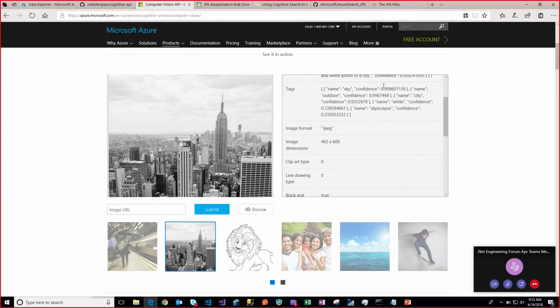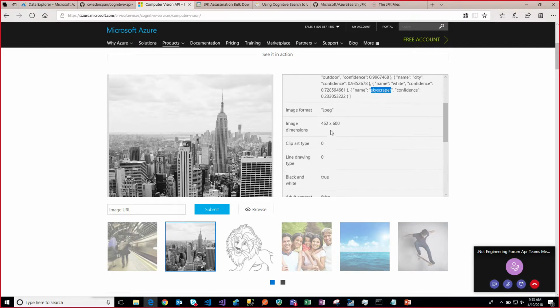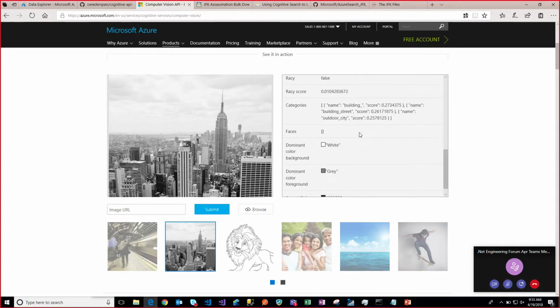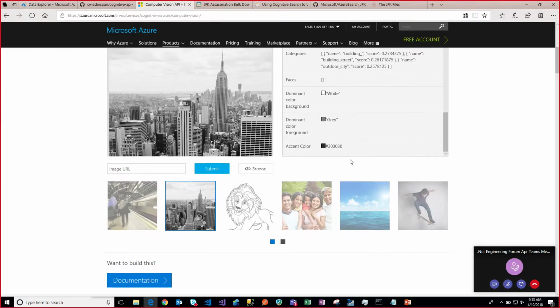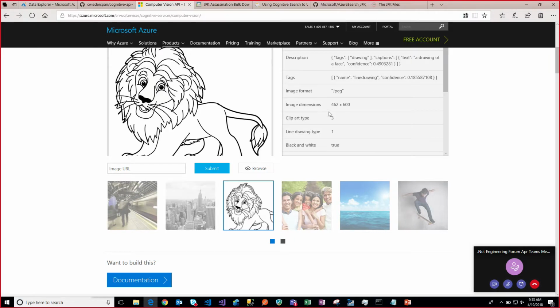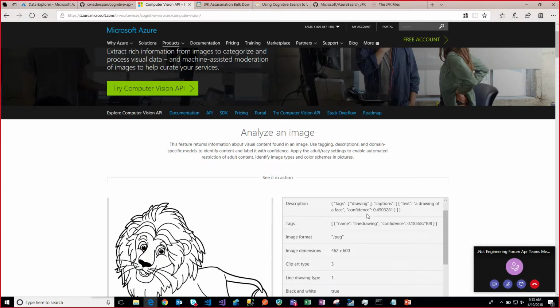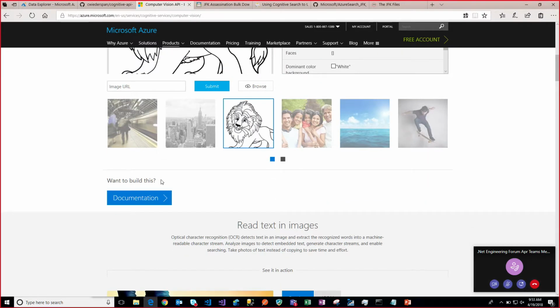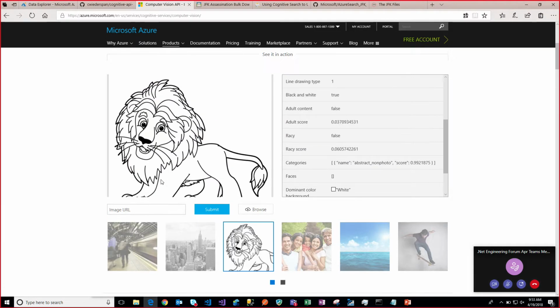Says boat in there, I'm not sure where that's coming from, skyscraper. You get the idea. It tells you the format, it tells you the dimensions, predominant colors, those kind of things. You can do other kind of images. So this is a line drawing, clearly not a photograph. Long story short, this cognitive API built around imaging is meant to deliver you intelligent data about what that